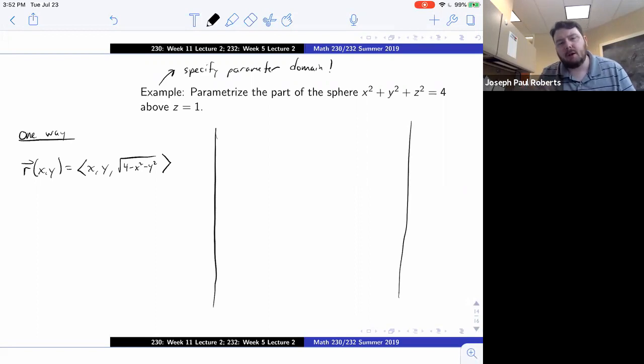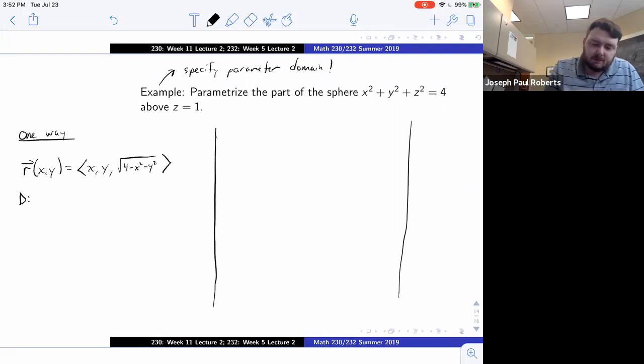Because ultimately our goal with all this is to do integrals over these surfaces, we're going to need bounds for our integrals, and so the values of our parameters that give us what we're looking for are going to be very important for getting those integrals ready to go. So I'm going to always specify what's going on for these parameter values. So to get the part of this sphere,